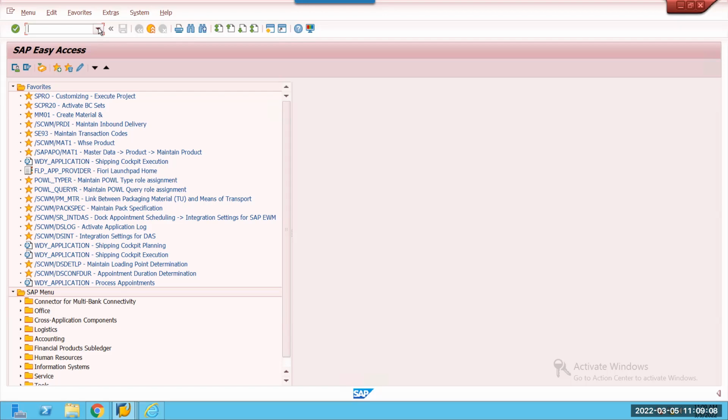But if it is a normal decentralized S4 HANA system, how will they send the plant? Single box only, it's decentralized. So in that way, how will the plant be sent to the EWM system? Single box decentralized, how are they going to do that? That's one question I have to ask you. Two boxes: S4 HANA box, S4 HANA box. One system, one box, is going to be normal ERP transactions. Another box is for EWM transactions.